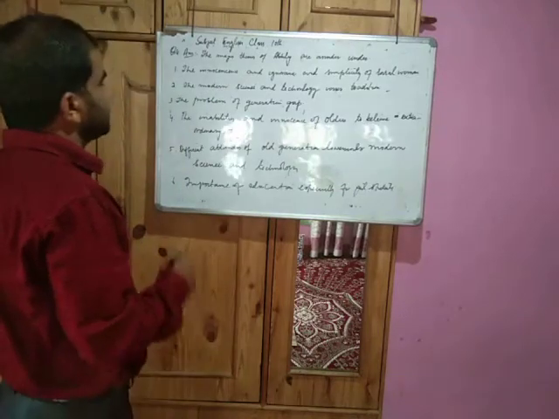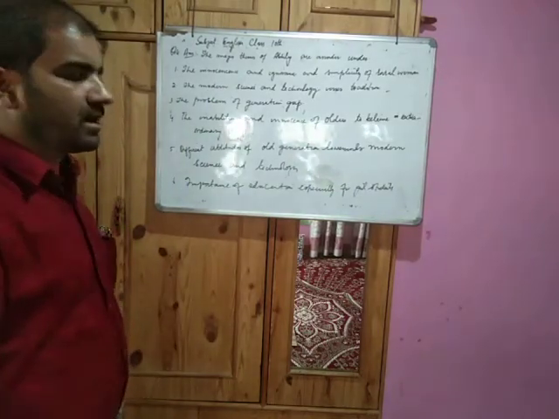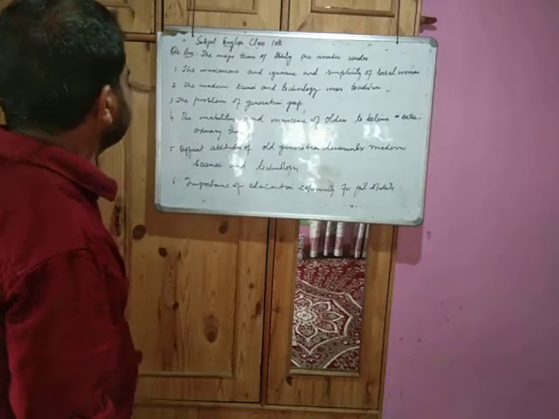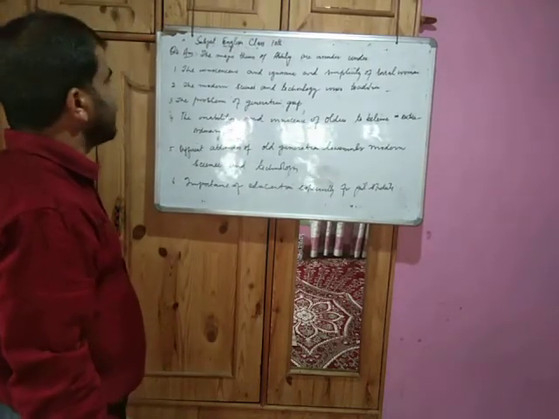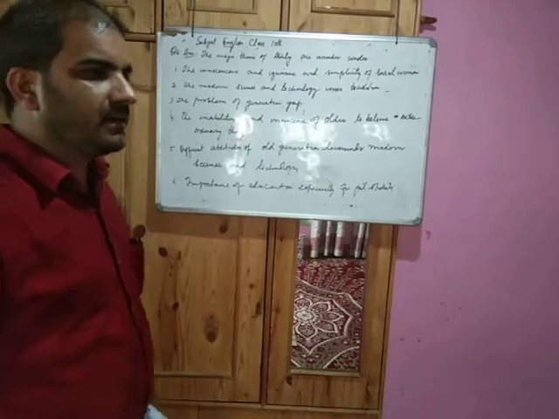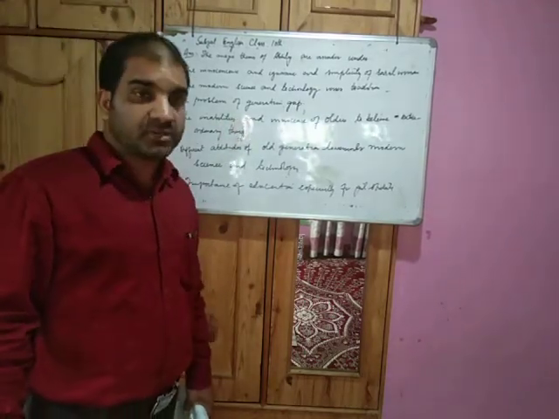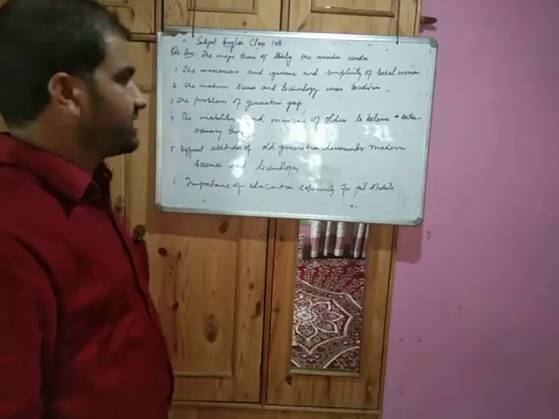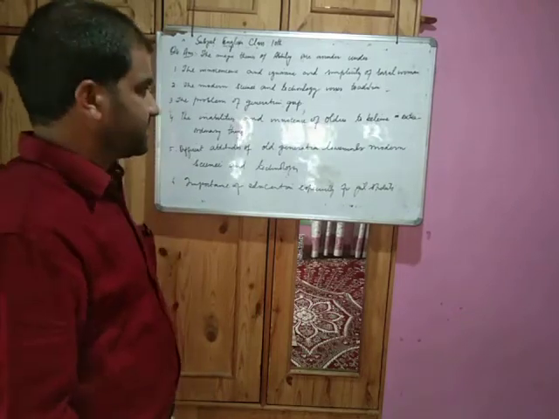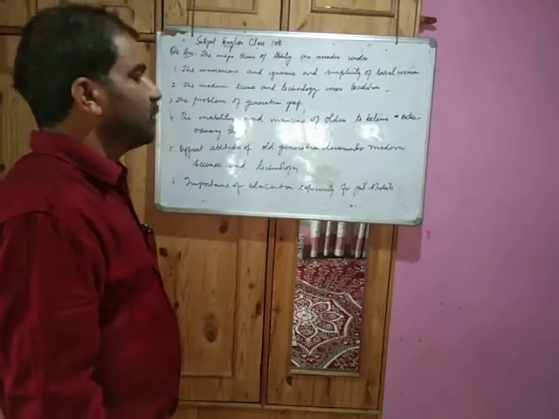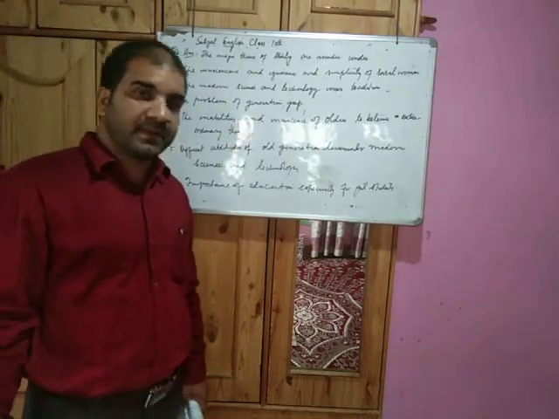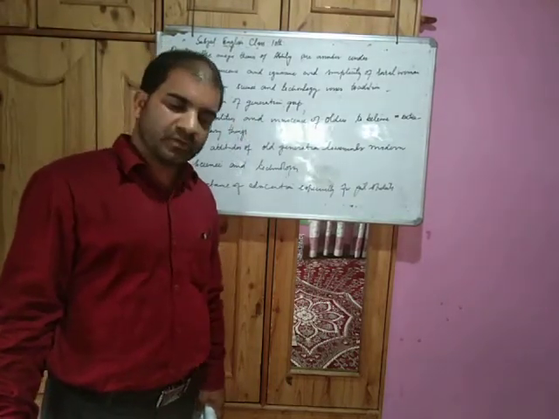So the major themes here, there can be different kinds of themes. So far as we infer these themes, there is the theme of innocence. It means the old people are innocent. They are not aware of modern science and technology, and they have ignorance about these modern gadgets. And the simplicity of the rural woman. Generally in rural areas we see that people are very simple, but they are innocent and also they are honest.